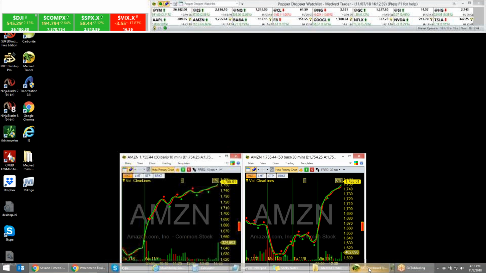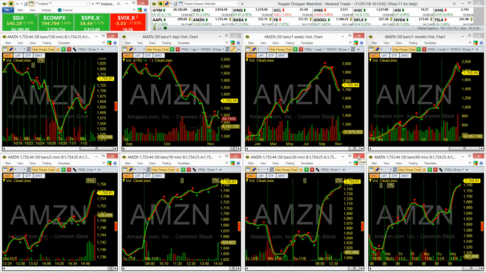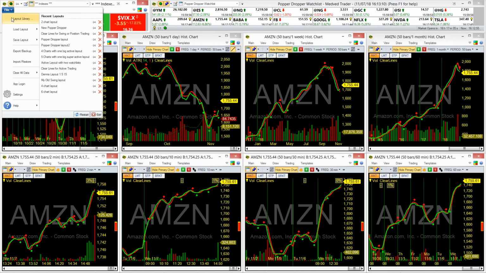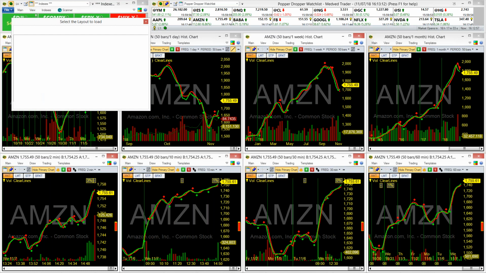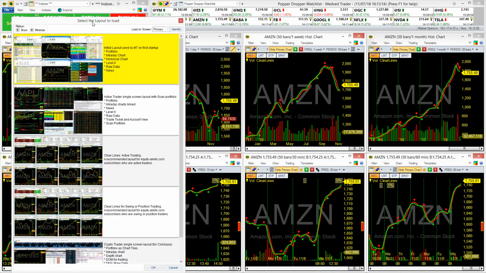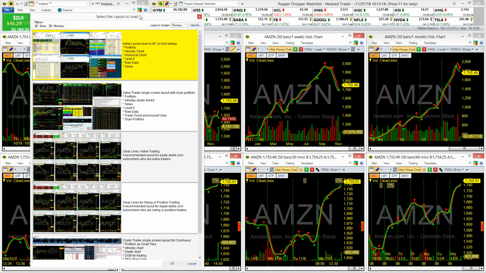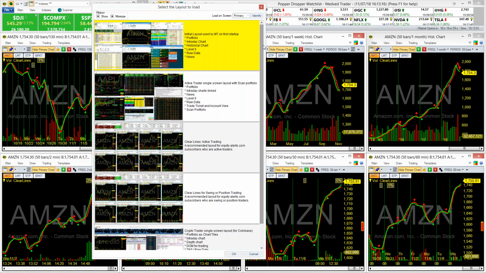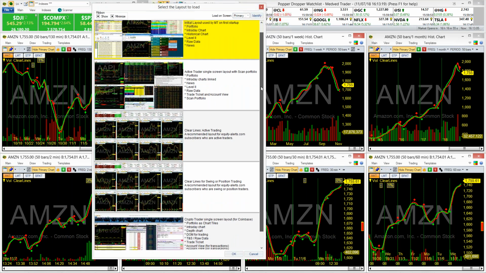So the first thing you'll notice is the charts, the preset layouts. If you go to the layout library, click on File and Layout Library, these are preset layouts, both that Medved has created and that I created. These are my two preset layouts. I set these up specifically for